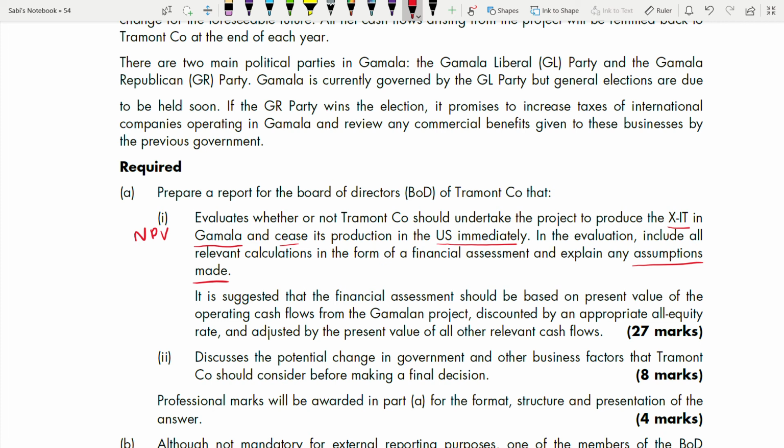They told us to include all relevant calculations. Now it is up to you to decide what the relevant calculations are. Here they didn't specify, find this, find that. That makes your work a little tough, because in that condition it's very hard to know where to start from. The case study has some figures at the top, some in between, and some at the bottom. Now where to start? That's your question, and that also will be handled.